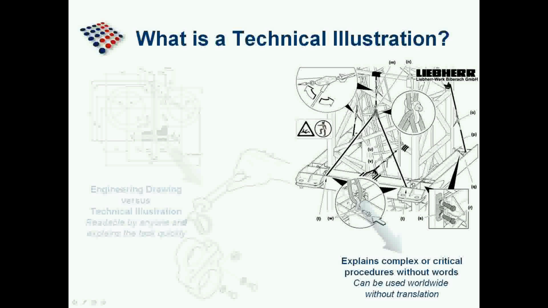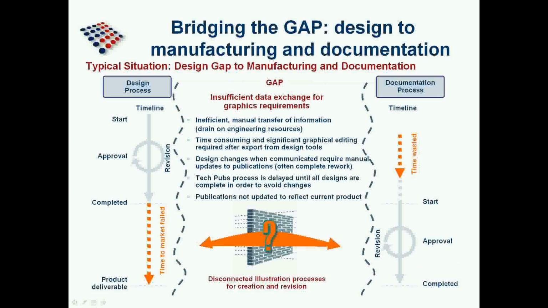With this in mind, let's examine some typical ways that illustrations are created today and how they could be created more effectively. The typical as-is illustration scenario is affected by a gap between engineering design and manufacturing or technical documentation. To exacerbate the problem caused by this gap, they typically don't use a common information source. So the design and documentation or manufacturing processes are not in sync, and their revision and approval processes are completely disconnected from each other. Those with requirements to prepare technical illustrations often get information about their subject from designers who have designed the product without using 3D CAD or 2D engineering